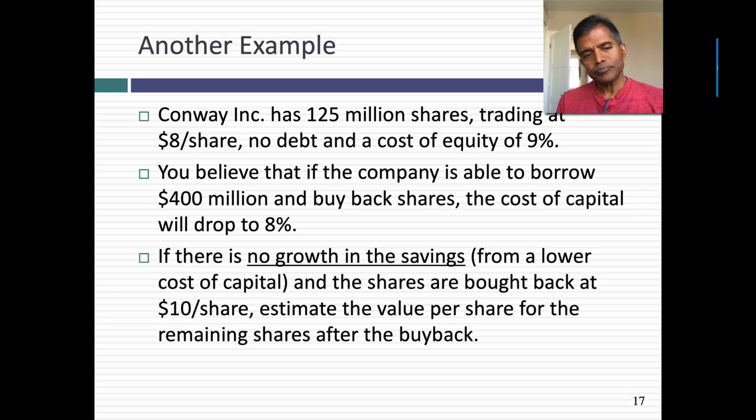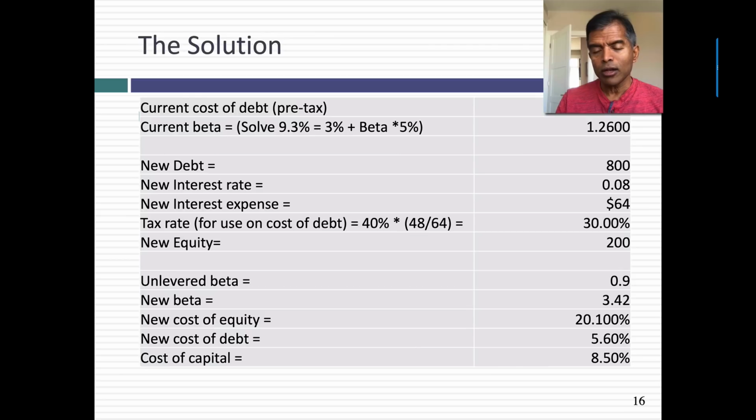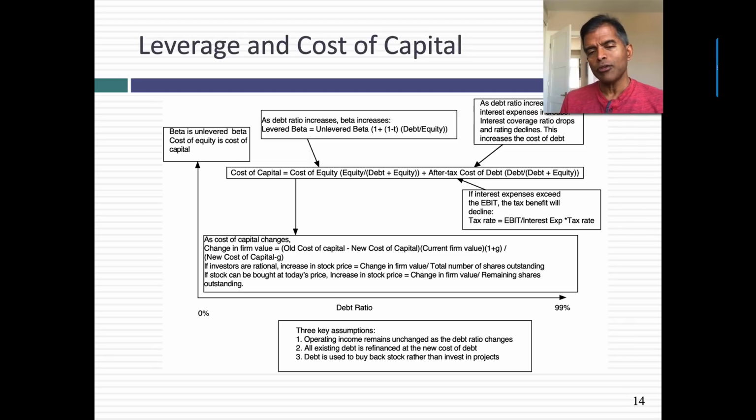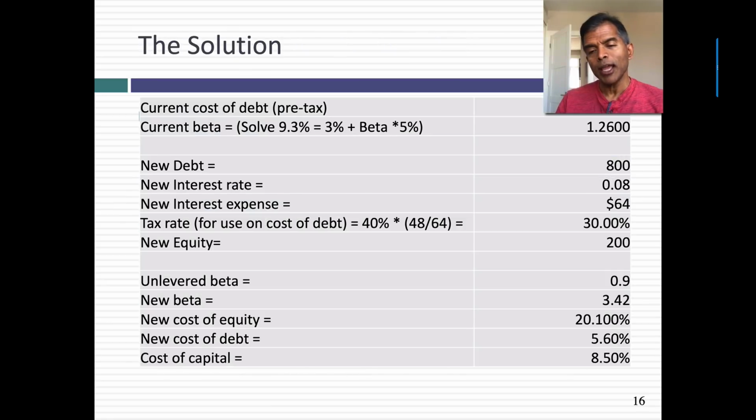Let's take another example, just to see what happens when you have to do these buybacks and the cost of capital changes. What happens to the value of the company? Incidentally, if you go back and look at the page that I did, when your debt ratio changes and your cost of capital changes, in effect, you're saving money each year. There's a saving in financing cost. If you take those savings and treat them as continuing, then the present value of those savings is what your company value increases by. So you can compute the change in firm value by taking the change in the cost of capital. And then you have to decide how much of that change goes to, especially if you're doing a buyback,